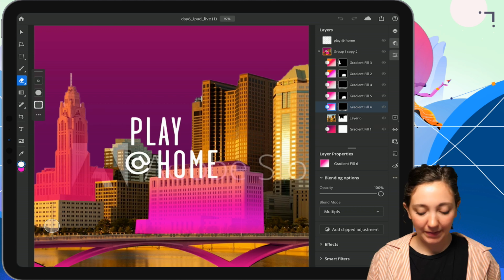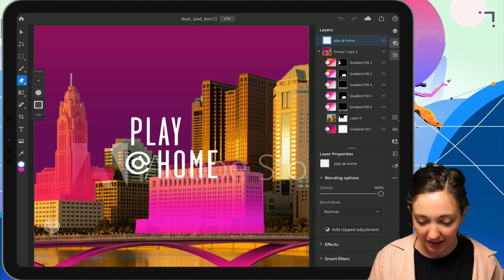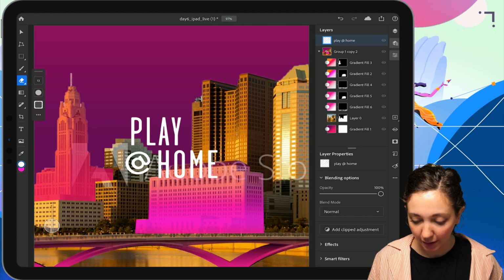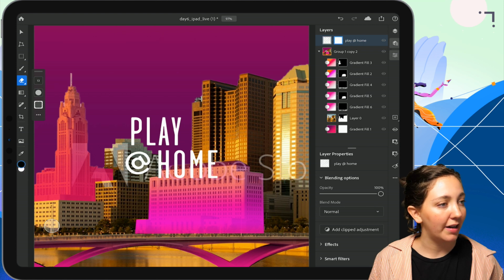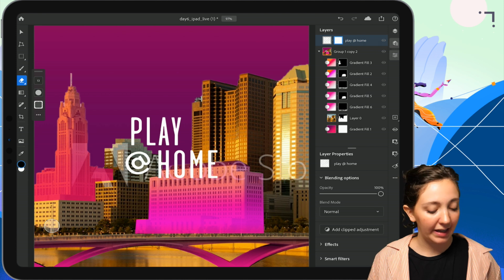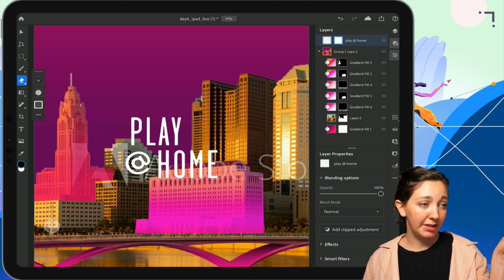All right, let's mask this text. So we have our play at home layer. Making a layer mask is super duper easy. All you're gonna do is tap the layer mask icon in the middle of the right toolbar. So now you can see I have a layer mask. I don't even have to use an Apple Pencil. I could use my finger